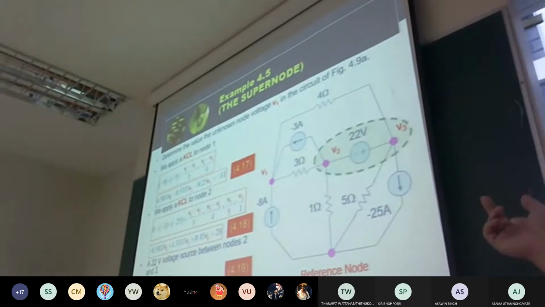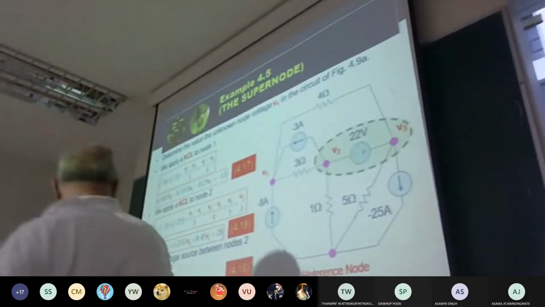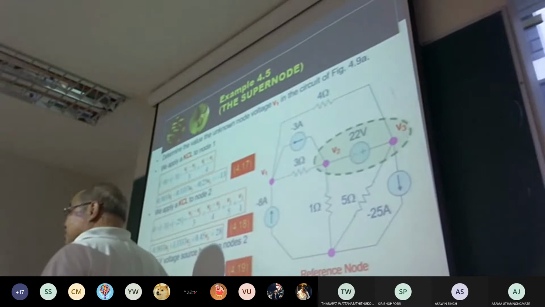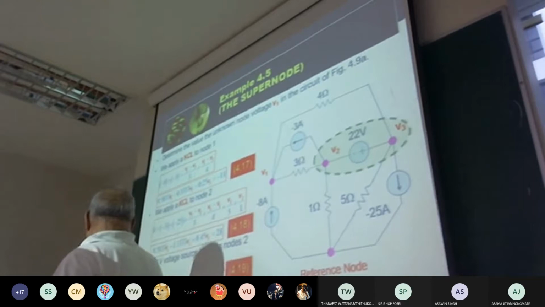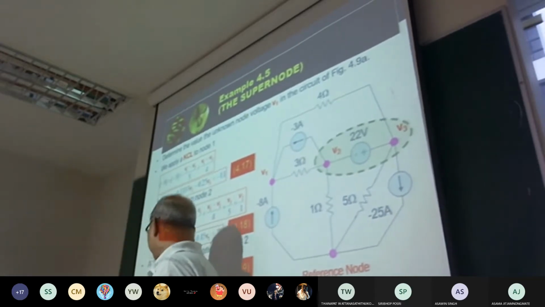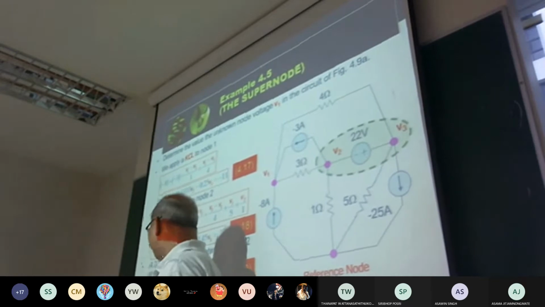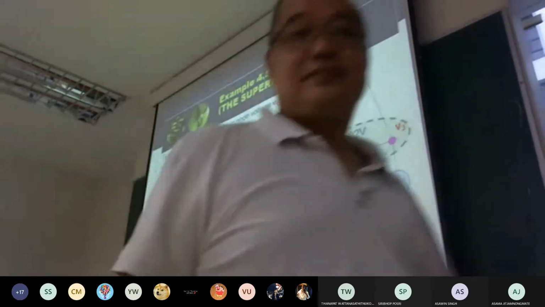Sir, in the last equation, how do you decide whether it's V2 minus V3 or V3 minus V2? If you use V3 minus V2 equal to plus 22, for me, I quickly use V3 minus V2 equal to 22, but in this case it's to reorganize the order of the equation: V1, V2, V3. So, 3 equations, 3 unknowns, the way to solve is not my job, it's your job.